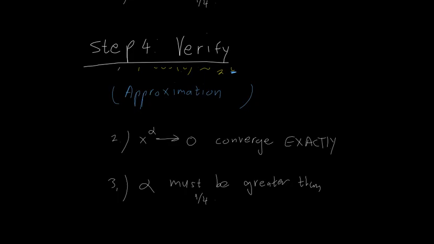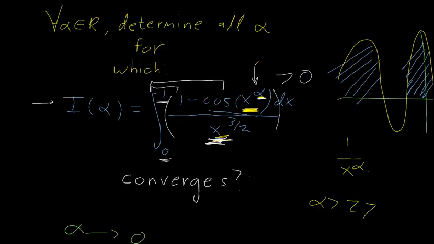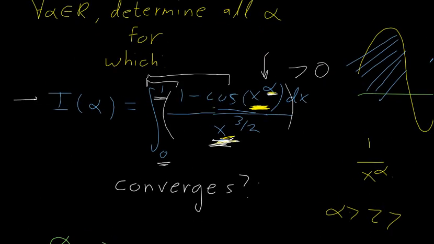We checked every possible type of alpha: positive, 0 alpha, negative alpha. For positive alpha, we had that convergence happens only when alpha is greater than 1/4. At alpha equal to 1/4, the integral hits exactly the borderline and diverges. Okay. For alpha less than 1/4,